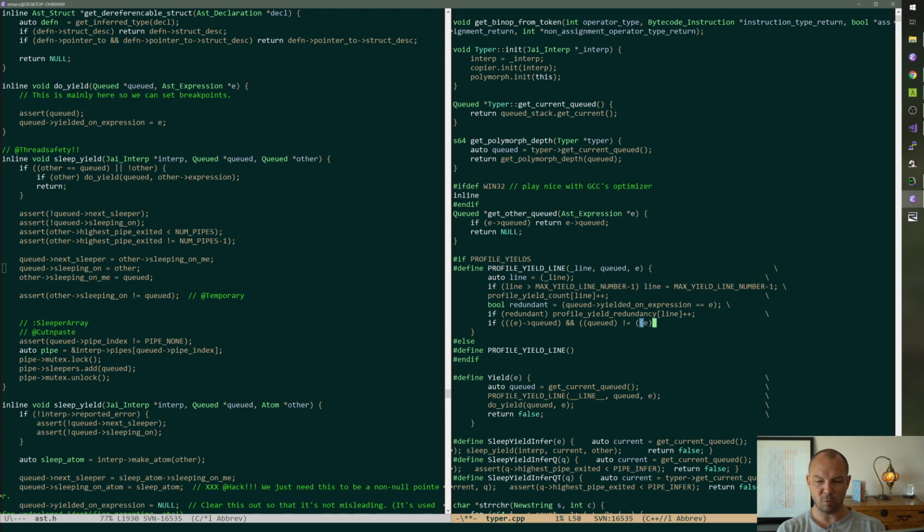This is where C++ turns into Lisp. Profile yield potential sleeps line plus plus.